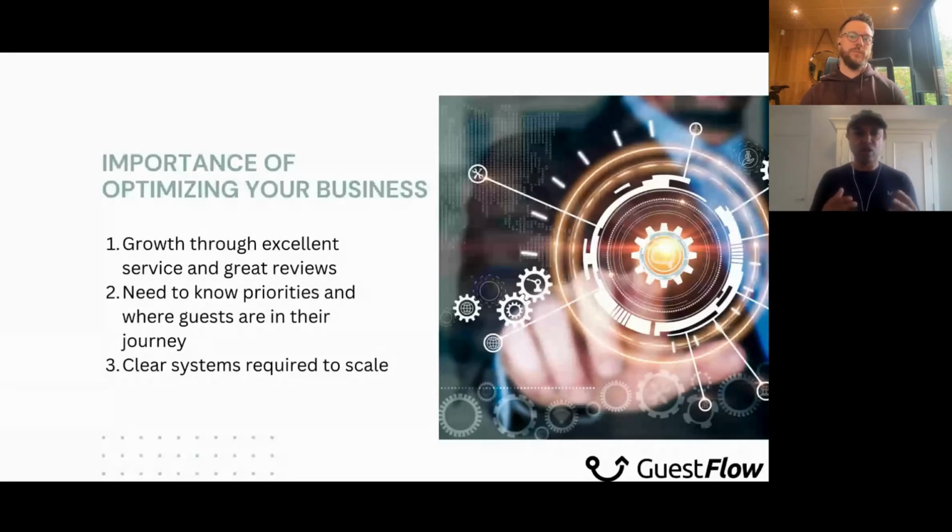As soon as you start to scale and you go from 1 or 2 rentals to 10, let's say, that's the point where all of a sudden you have a lot of things to think about. And that's where the ball starts to drop.